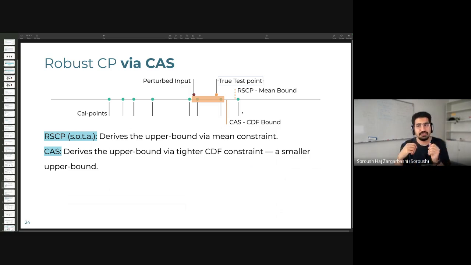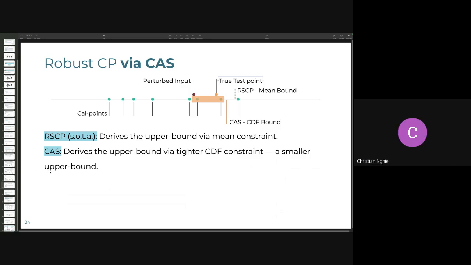But the question is how conservative you need to be. It might be that for this level of noise I need to be this much conservative, but the other methods are higher in conservativeness. So we try to be as little unnecessarily conservative as possible, because this conservativeness on its own adds more labels to the set, and therefore the efficiency decreases, or the set size increases. Okay. Great. Thanks.